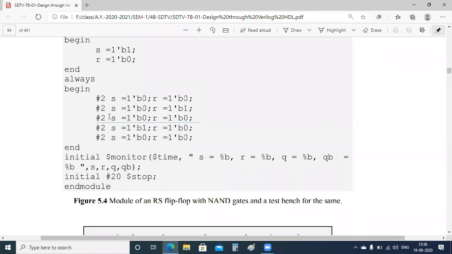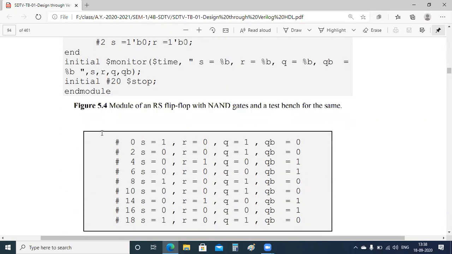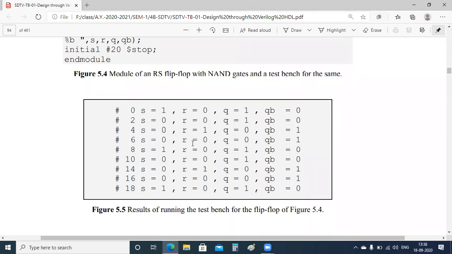It has to be set up. That means the first one will execute for two units, the next one for 2 more units, and likewise it will go up to 18 seconds. That means we will have output up to the 20th second. For that purpose we have written this, and that is the end module.